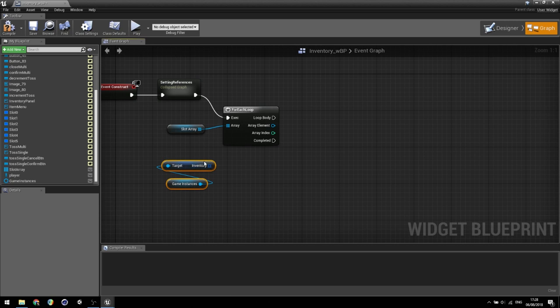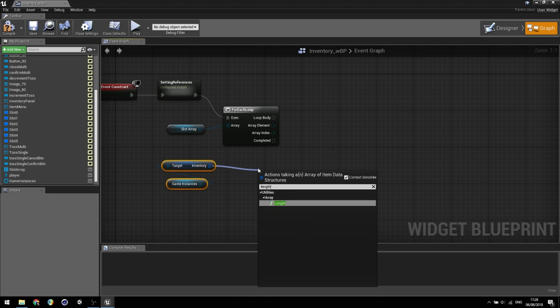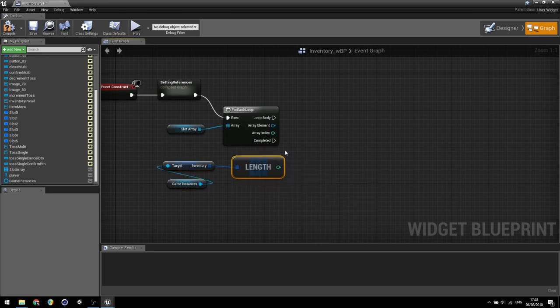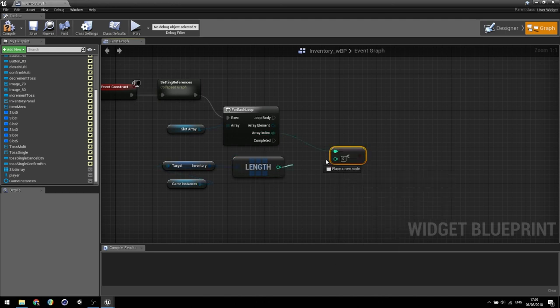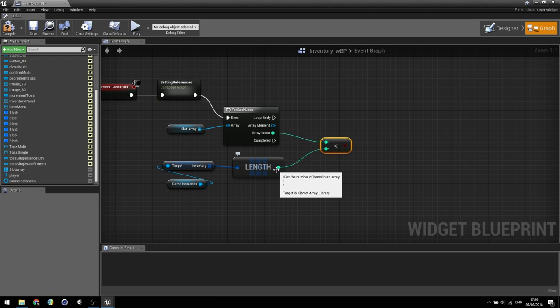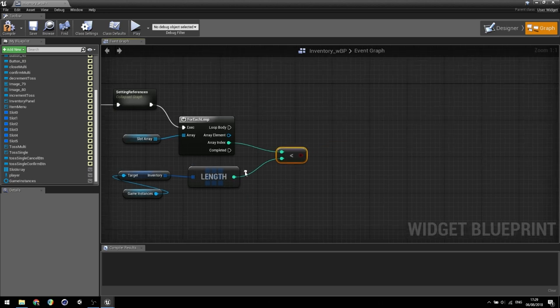So from the actual inventory, the data inventory inside the game instance, we're going to get its length. And the length is going to be compared to the array index of the for each loop. This will specify whether the index in the data array actually exists, and compare it to this one here, which we know always exists. If this one is indeed greater than, then that means that it does exist,